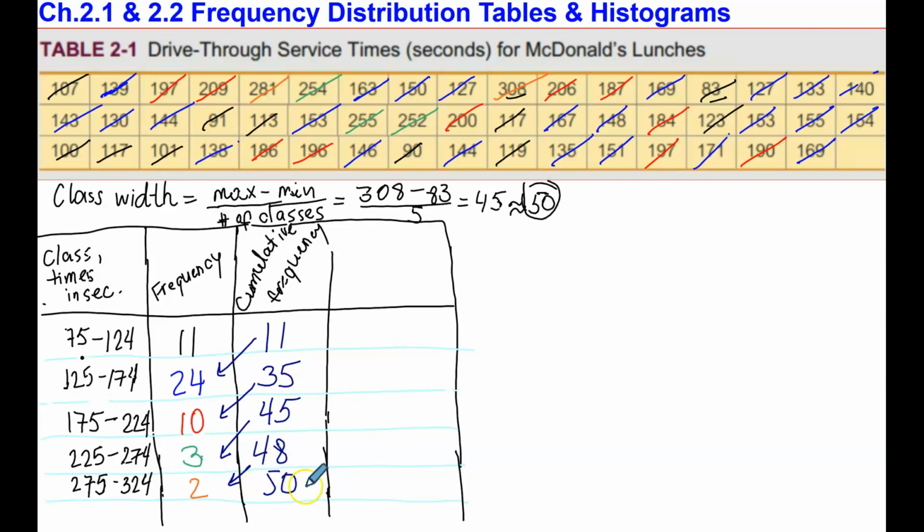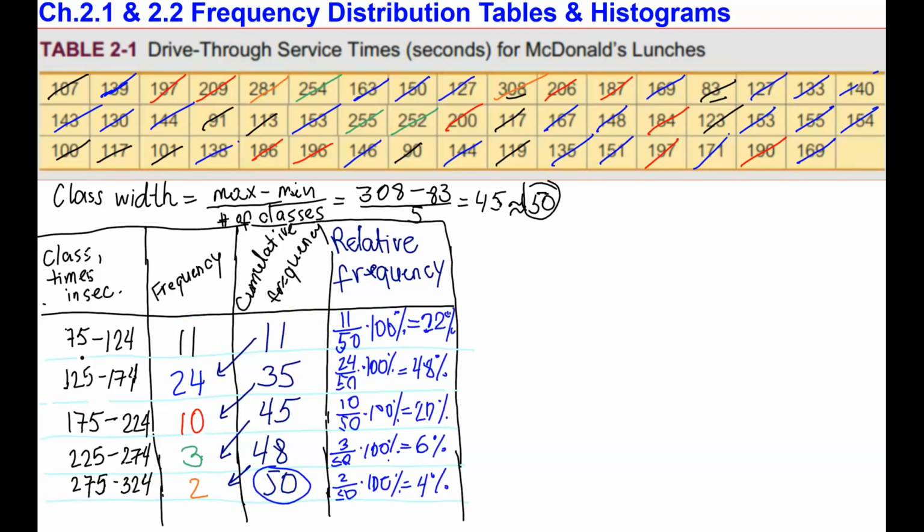Or if we have 52 or 53 or 51, that will mean that we overcounted one or more of the values. Now we're going to build relative frequency, which is another variation of basic frequency distribution in which each class frequency is replaced by relative frequency or proportion or percentage. Find each class relative frequency by dividing the frequency by the total number and multiplying by 100%. The sum of the percentages in a relative frequency distribution must be very close to 100%.